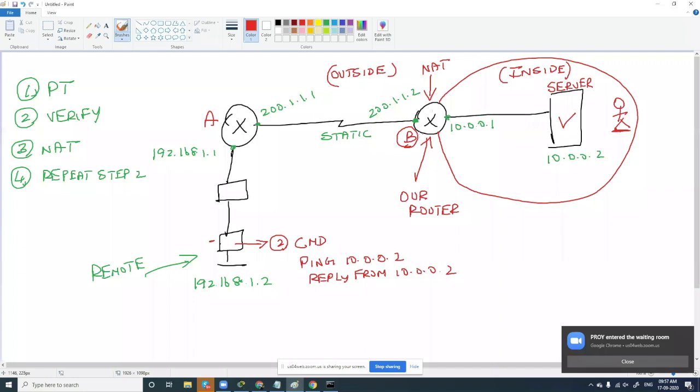I want to know through which interface router B here is connected to the inside network, and through which interface this router B is connected to the outside network. Yes, to the inside network, it is obviously Fast Ethernet. And to the outside network, yes, it is a serial interface. Right? So having said this, I'll show you the configuration, which is very simple.